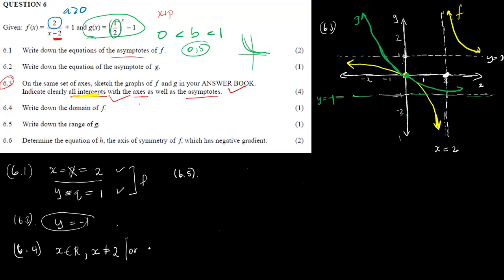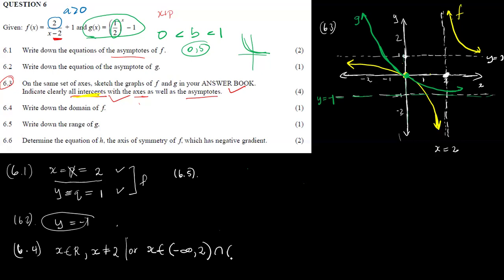You can say x is an element of, you start from negative infinity to positive 2, and then you write the round bracket. You can do it like this, and therefore,